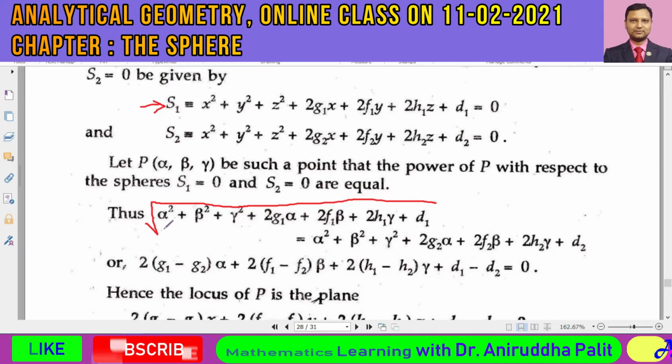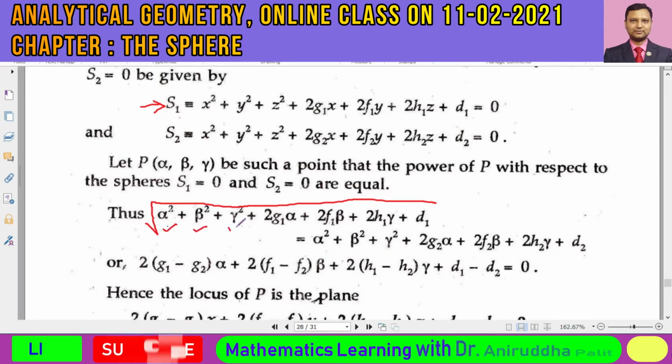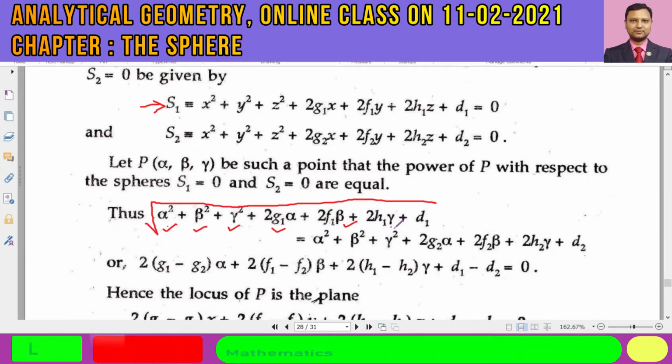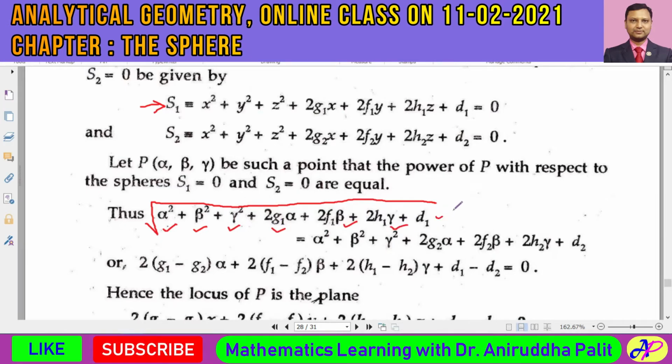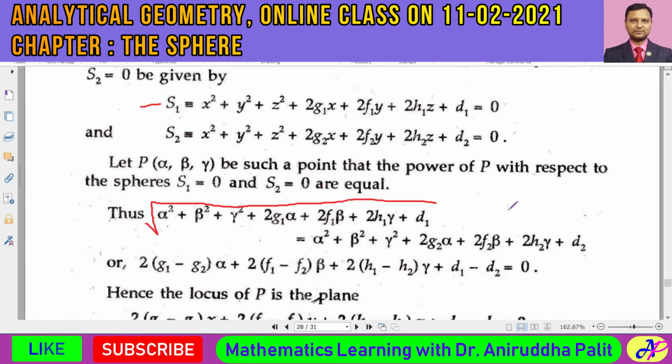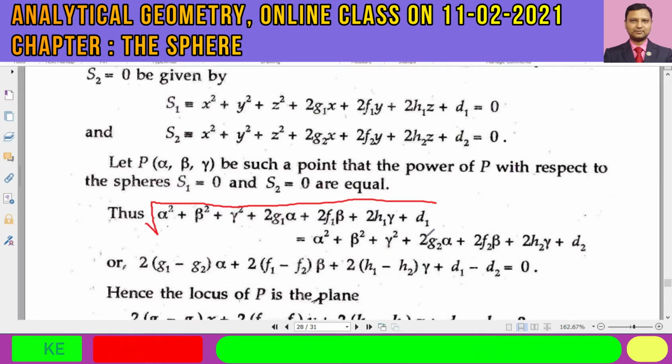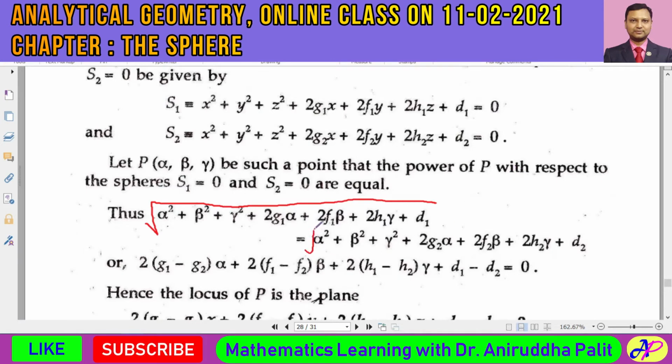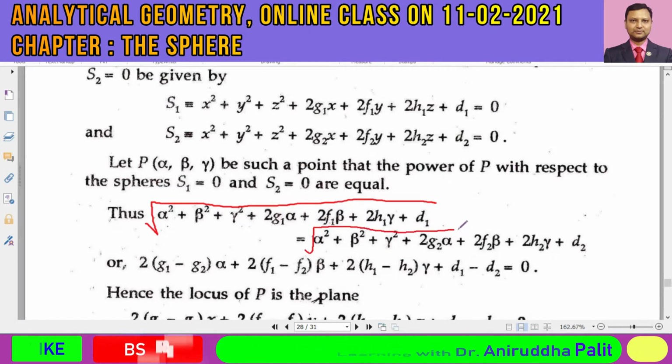Then we will get alpha square plus beta square plus gamma square plus twice G1 alpha plus twice F1 beta plus twice H1 gamma plus D1. So in this way, we would be able to find out the power of the point P with respect to the sphere S1. Similarly, we can compute the power of the same point P with respect to the second sphere